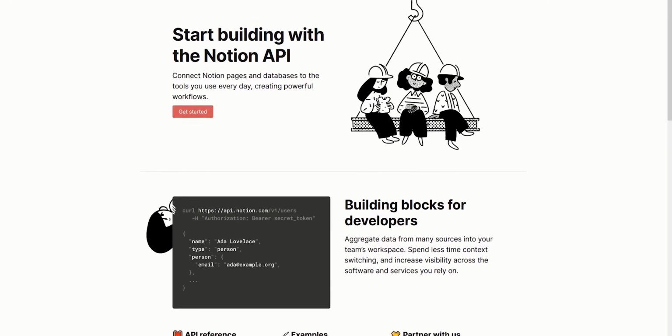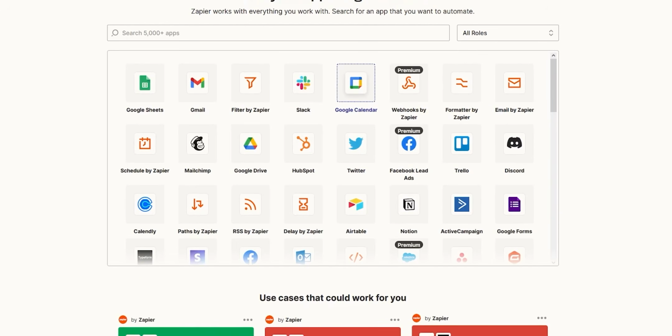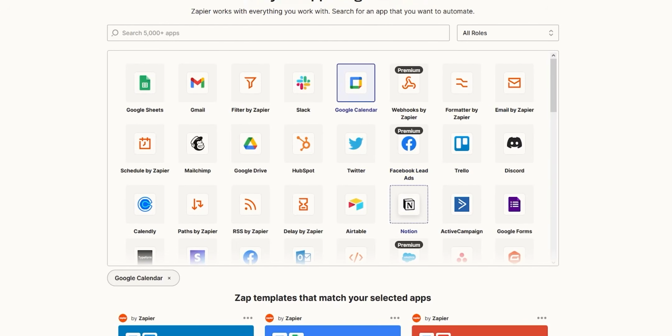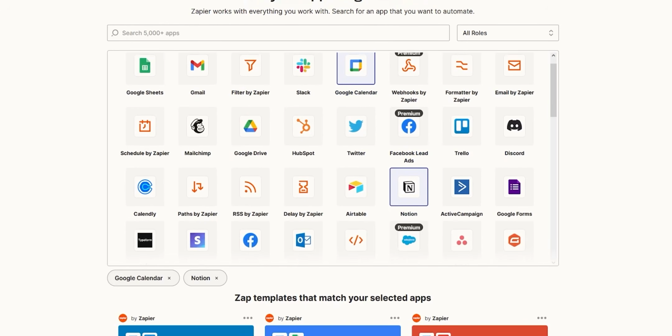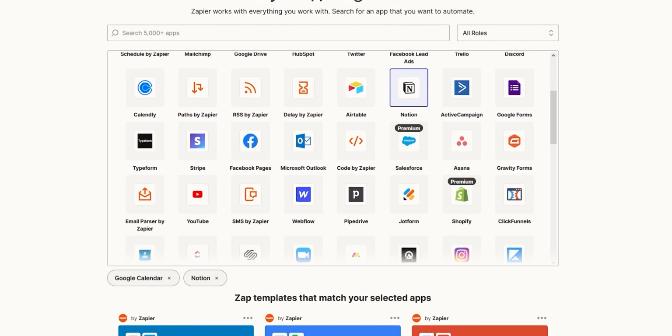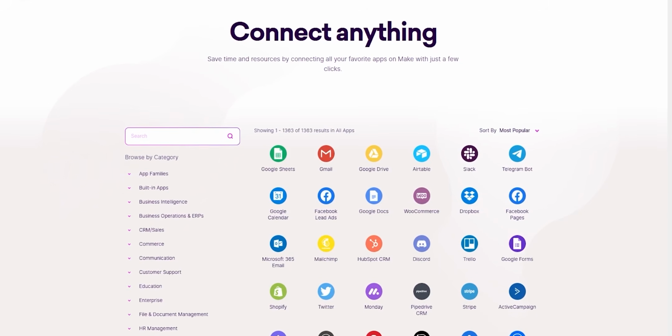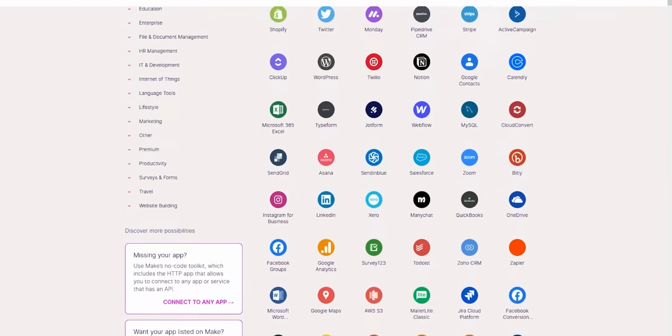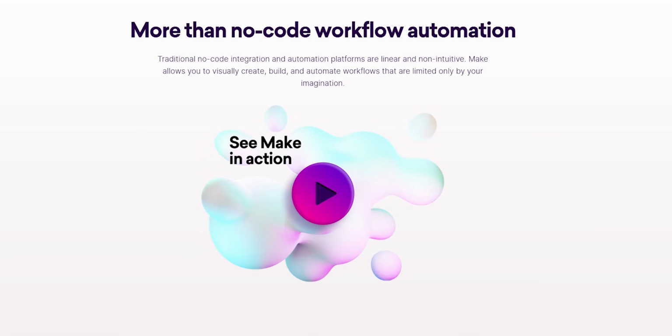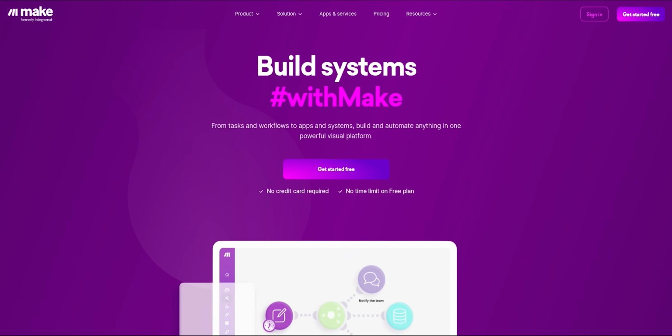This allows us to create automated workflows between Notion and external apps. For example, you can sync a Notion calendar to your Google Calendar, or maybe if someone buys a product from your store, their information automatically gets added into a Notion database. The possibilities are endless and you can pretty much automate anything. The best thing about this is you don't need to know how to code. You just need to use the integration software such as Zapier or Make.